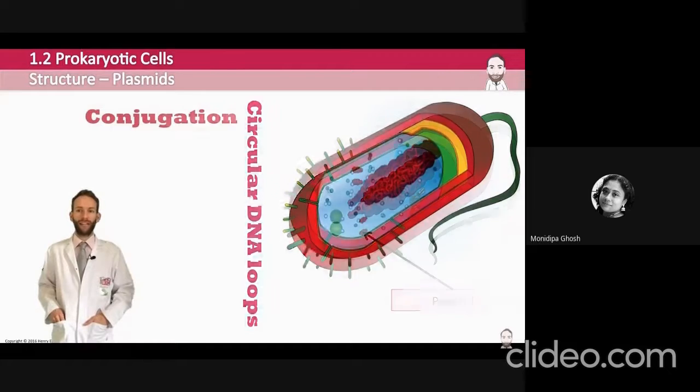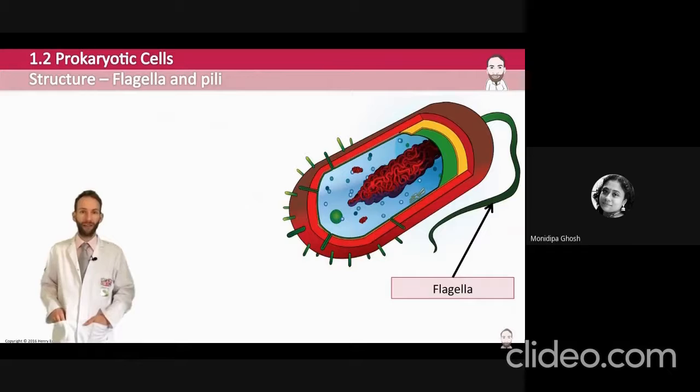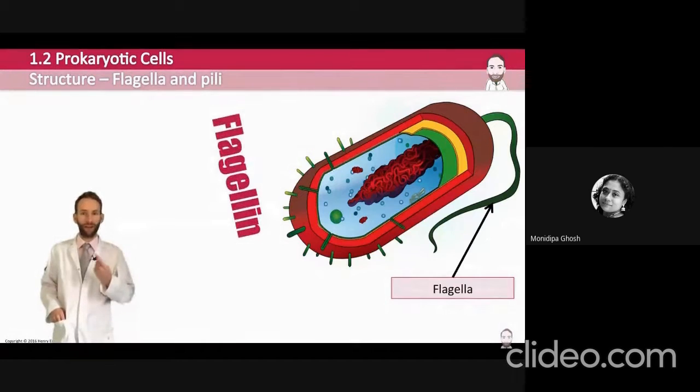Some bacteria have flagella for movement, almost like a little tail that comes out the back of the bacteria. It's made from protein fibers called flagellin, which are spun around like a motor. It's a spiral protein fiber, and it gets spun around by a little motor protein, which helps with the movement